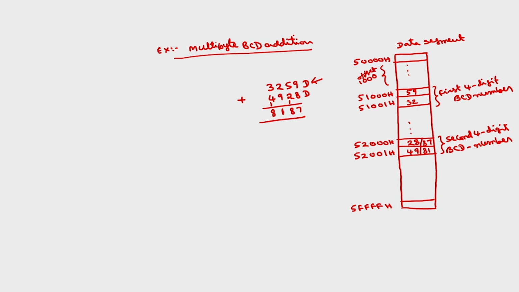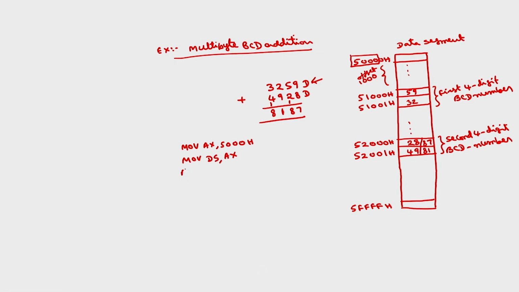We have 2 byte addition. So, initially these common instructions will be there. So, data segment will be 5000. Move AX comma 5000H, then move to the data segment register. Then you point to where the first 4 digit BCD number is there, starting offset into some register. This is the same as the previous programs. Okay. So, I am using again BX and SI,